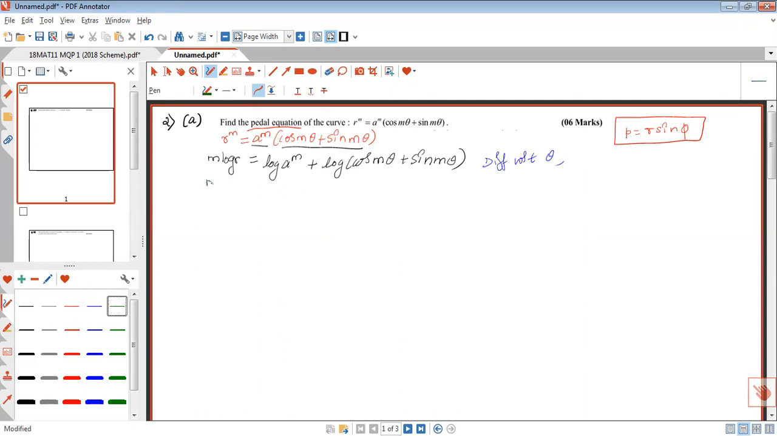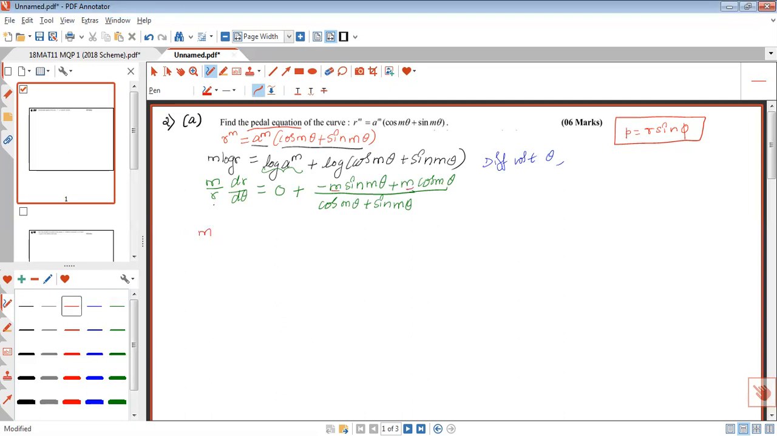Differentiation of m log r, m is constant, differentiation of log r is 1 by r dr by d theta is equal to differentiation of, a is constant, a to the power m is constant, so log a to the power m is constant, differentiation of that constant is 0, plus differentiation of log term is 1 divided by cos m theta plus sin m theta, and differentiation of cos m theta is minus m sin m theta, and differentiation of sin m theta is m cos m theta, right? Now m is common, you can take out,